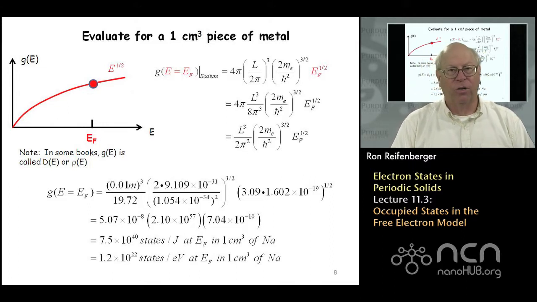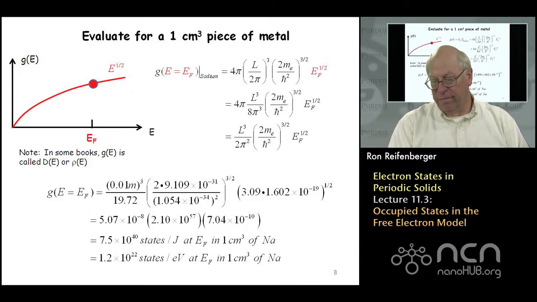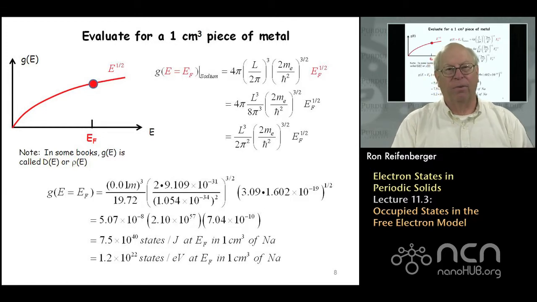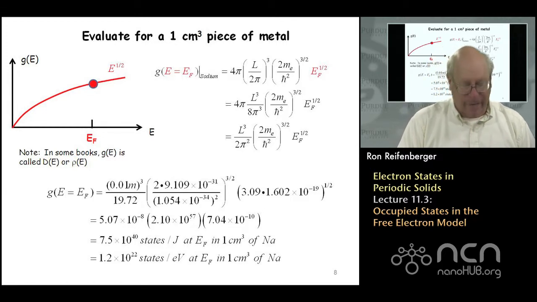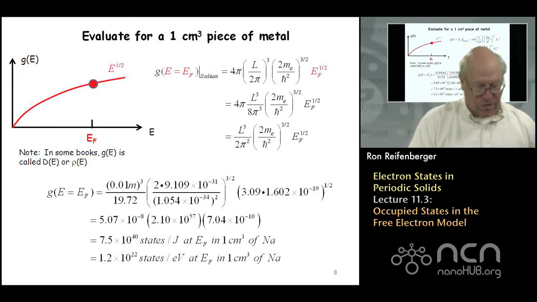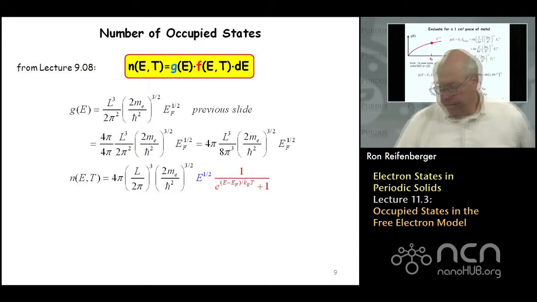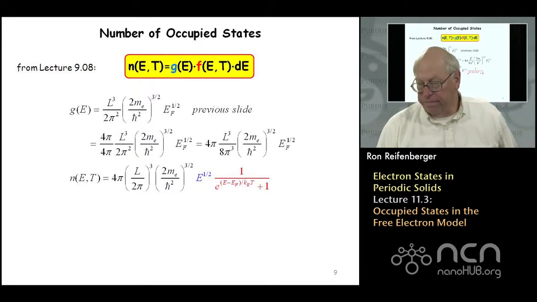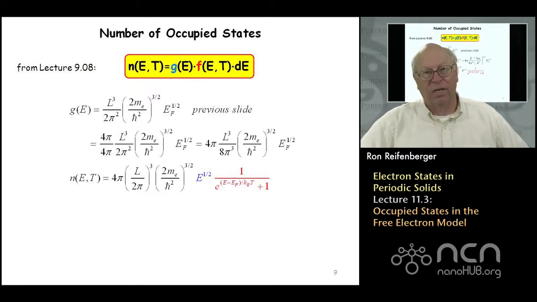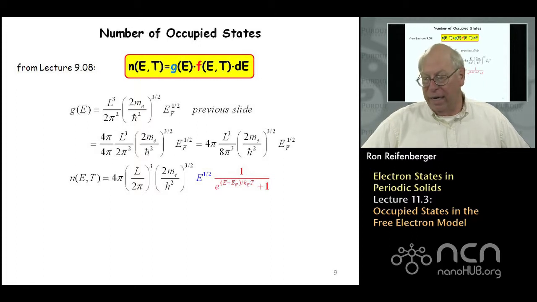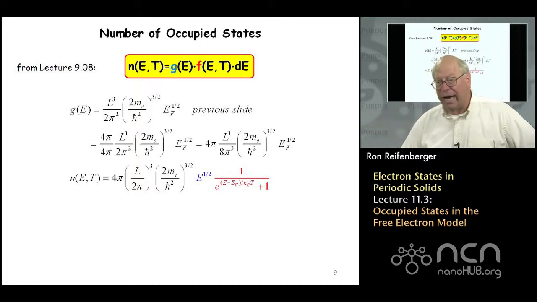You shouldn't be puzzled by the value of the density of states at the Fermi energy. You should just be able to appreciate what it's trying to tell you, that there's a large number of states available. The next logical topic is how many of those states are actually occupied, and to do that calculation, we